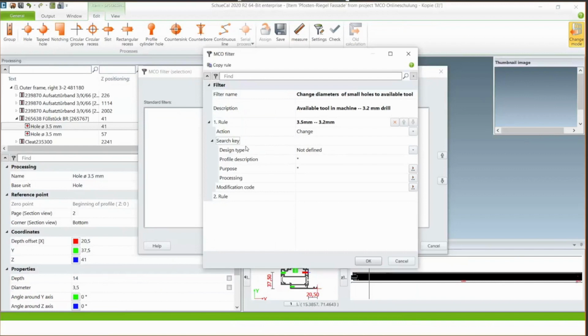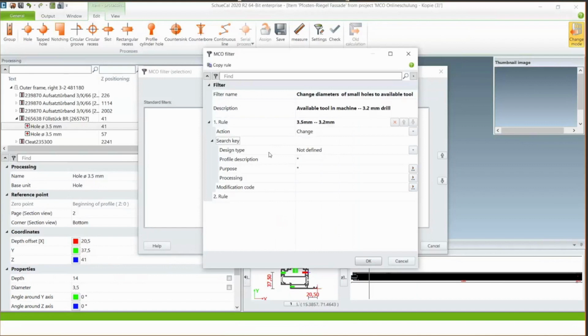Below the action is directly the search key. At the search key, we can define a lot of options for what we want to search. But a big rule for a filter is that as little as you need is the best. When you don't need it to be too specific, it's better to not give so much information, only the information that you need.